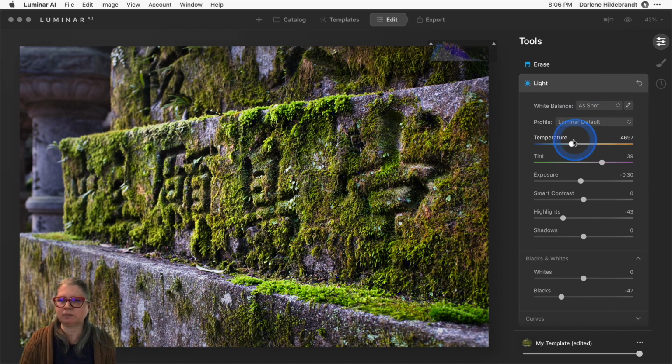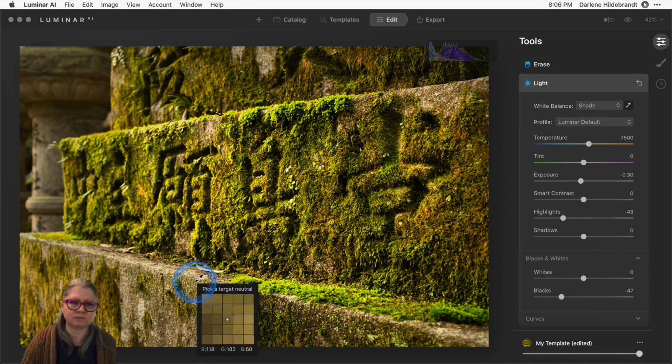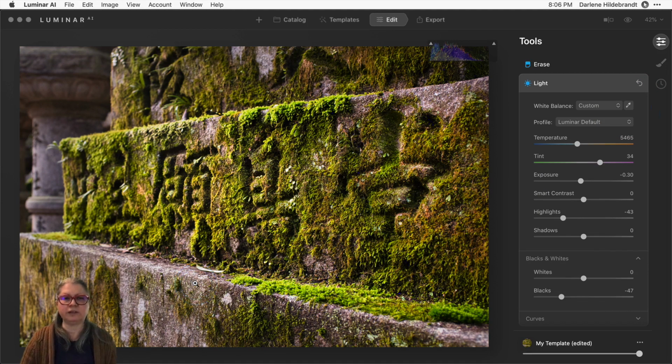But before I leave this panel, I want to adjust the white balance. So I could try this little targeted adjustment tool here. There's a little eyedropper up where it says white balance. You could try one of the presets like cloudy, a little bit too much green, or shade, a little too much yellow still. Or we could try the eyedropper and click somewhere on this concrete, assuming that it's fairly neutral.